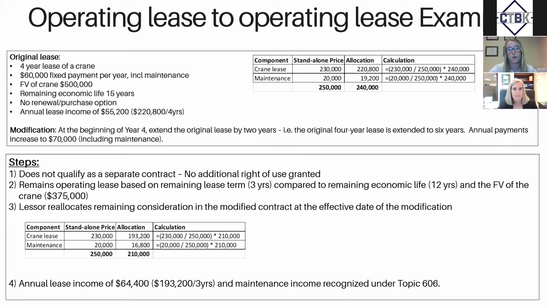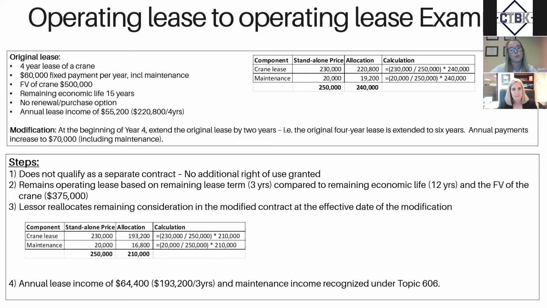So your 4-year lease is now a 6-year lease, and your annual payments have increased to $70,000, and that's where both components total. So if we apply the steps that I talked about a few slides ago, step 1 is to consider if this should be accounted for as a separate contract. There has been no additional right of use granted. It's just an extension of the lease term. So we are not going to account for it as a separate contract, and we'll move on to step 2,